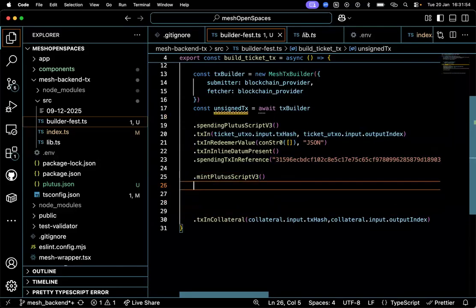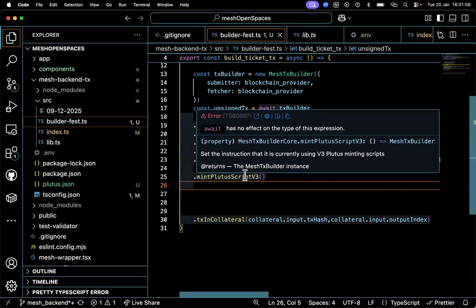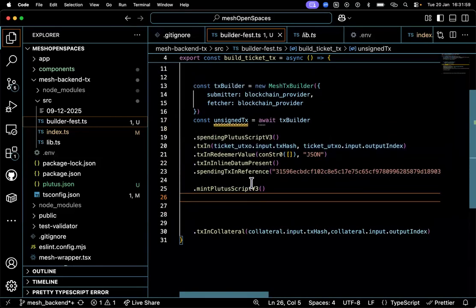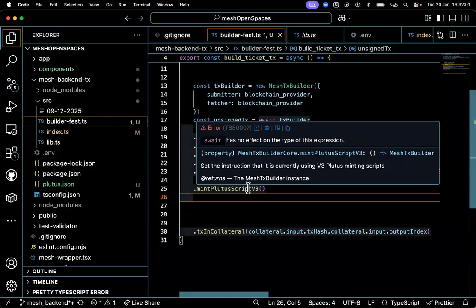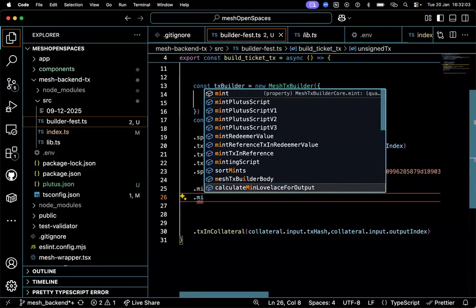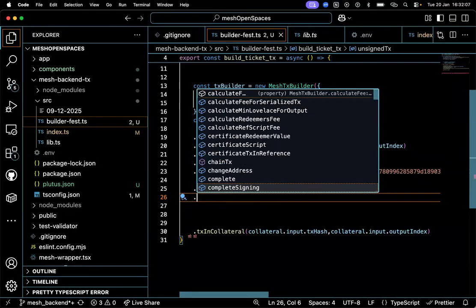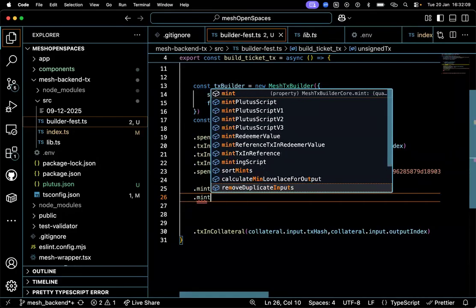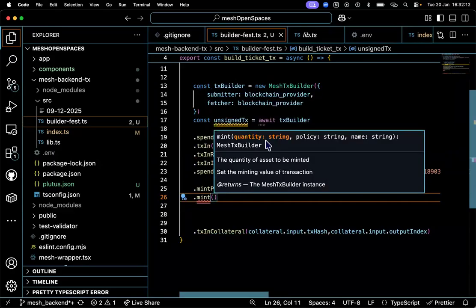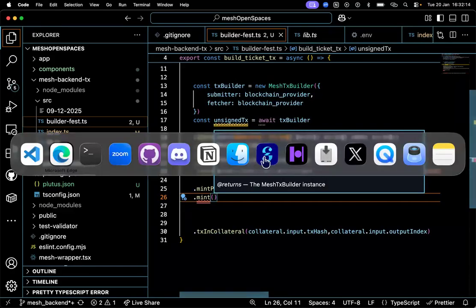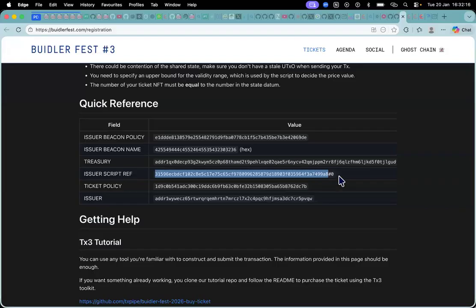So mint Plutus V3. So okay, dot minting, mint, I think reference. Okay, dot mint. I have a question here which I completely forgot.